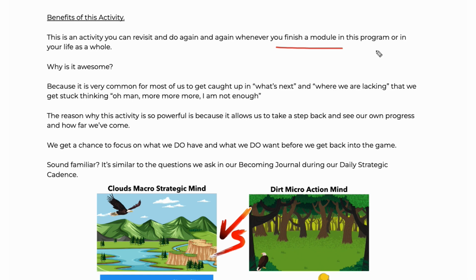The reason it's awesome is because it's very common for a lot of us to get caught up at the end of a chapter with the next chapter. We immediately think, hey, what's next? What am I lacking? What's next? What's more? And then we also get stuck thinking maybe I'm not enough. The reason this activity is so powerful is because it allows us to take a step back